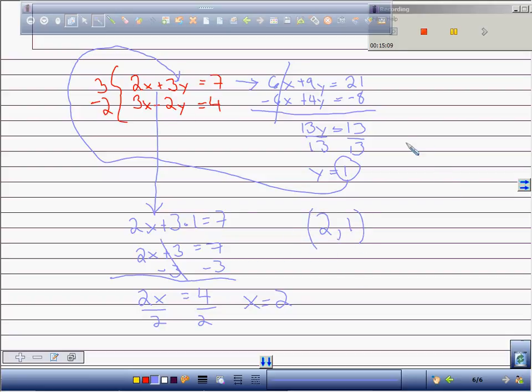And I'm just going to check this one to make sure it works. Check. I plugged into this equation: 3 times 2 minus 2 times 1. You get 6 minus 2. Does that equal 4? Yep. Yeah, so it checks. All right? So,